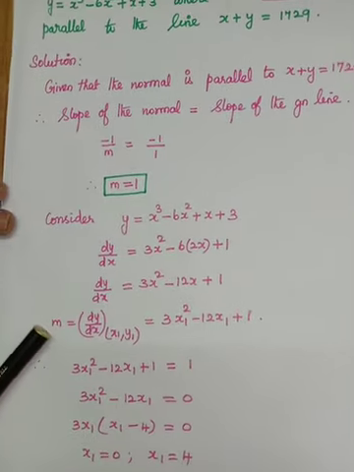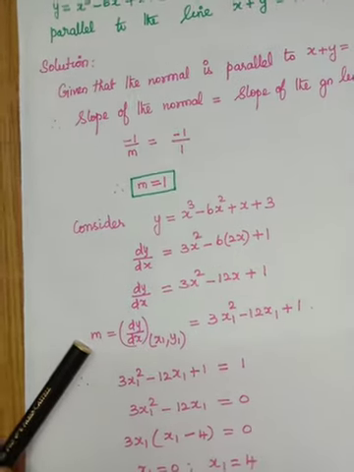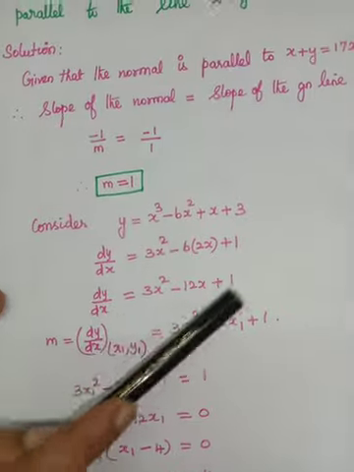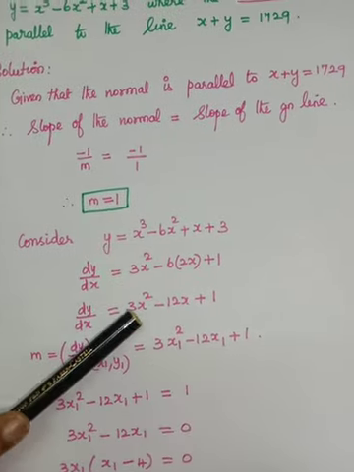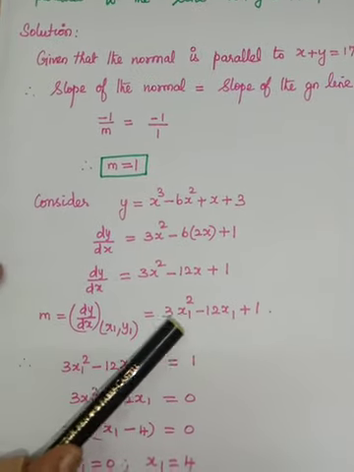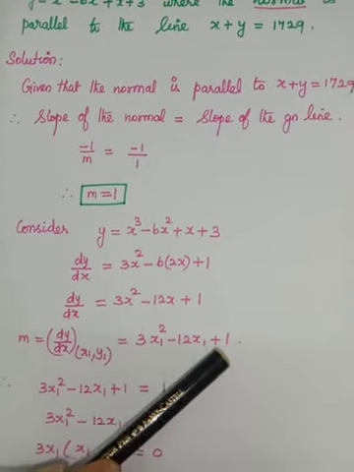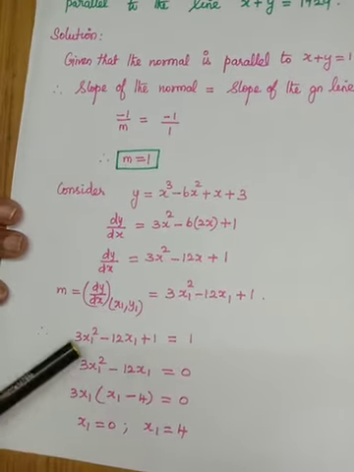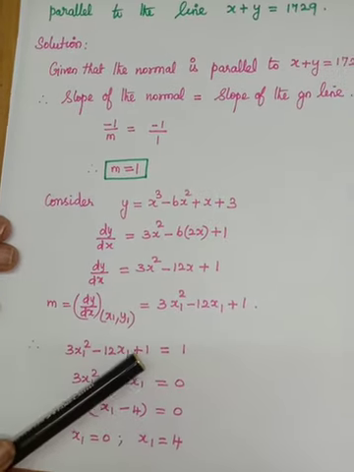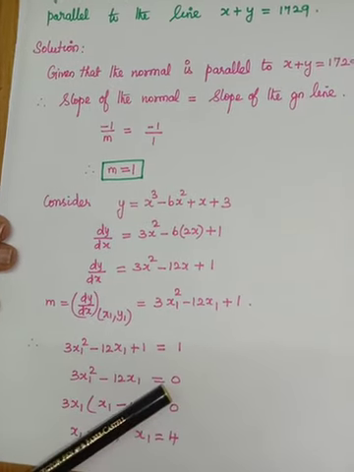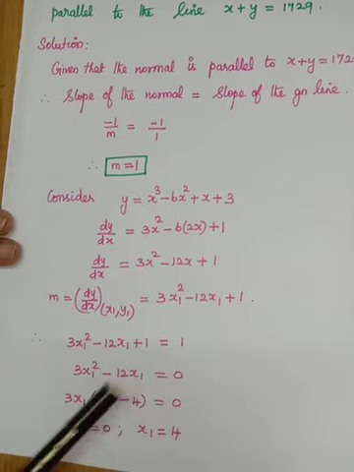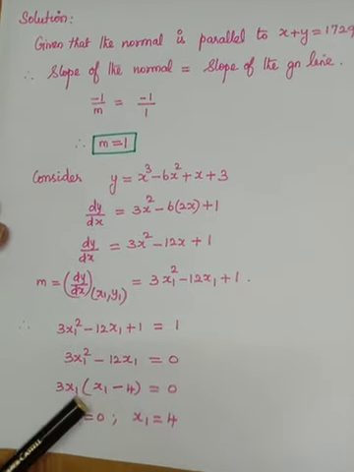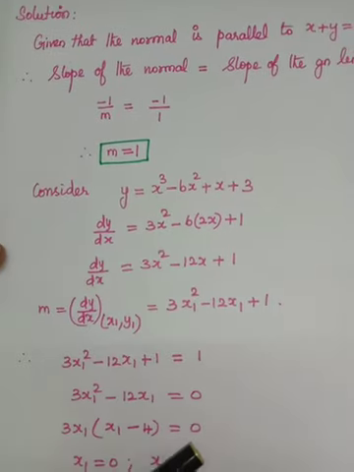And you are going to find m. How to find m using derivative? dy by dx at x1 comma y1. So in that dy by dx you have to substitute x as x1. So 3x1 squared minus 12x1 plus 1. Both are the slope of the tangent to the curve. So you have to equate. So when you equate, this plus 1, when you take it to the right side, it is 0. So from these two, the common term is 3x1. If it is taken out, the remaining is x1 minus 4 is equal to 0.